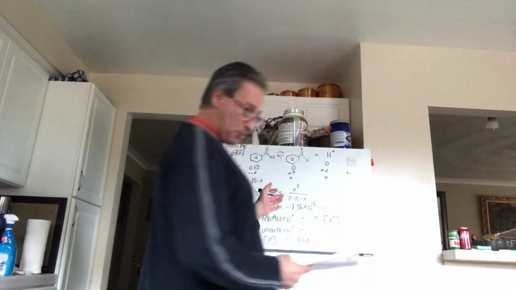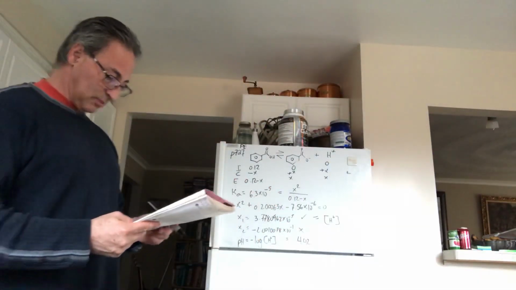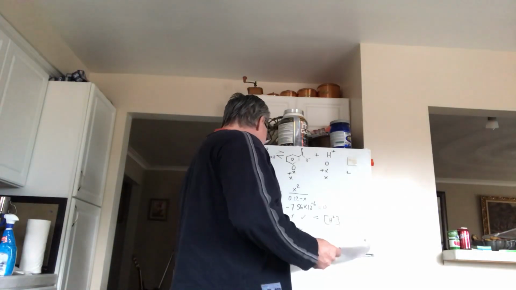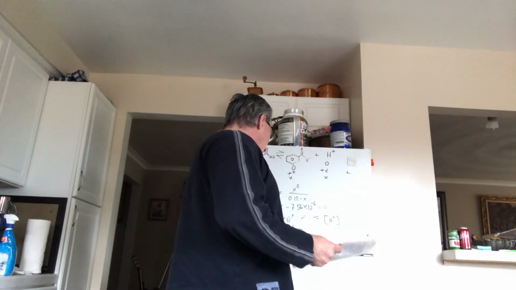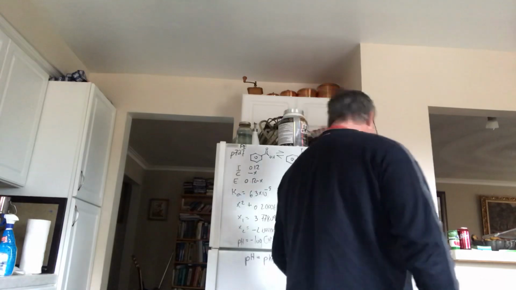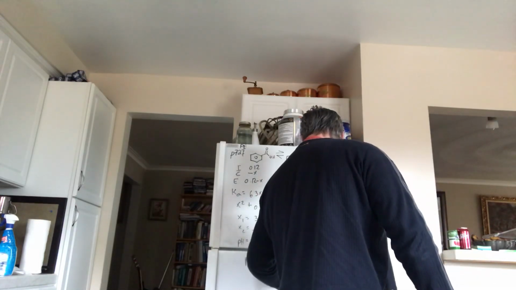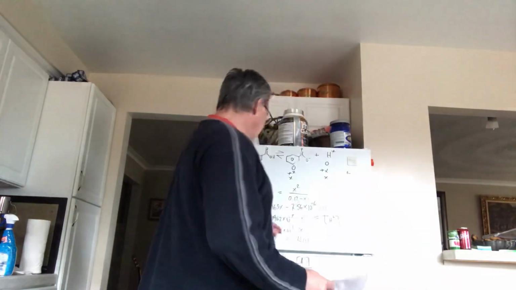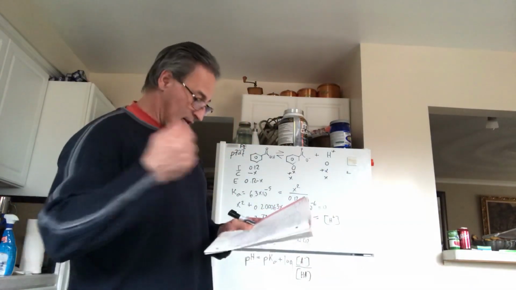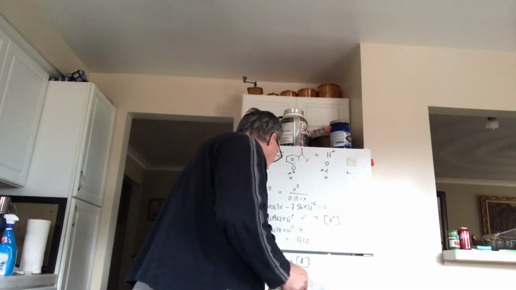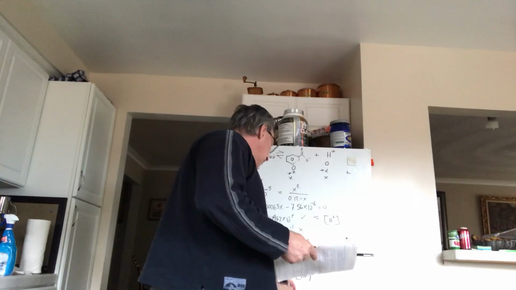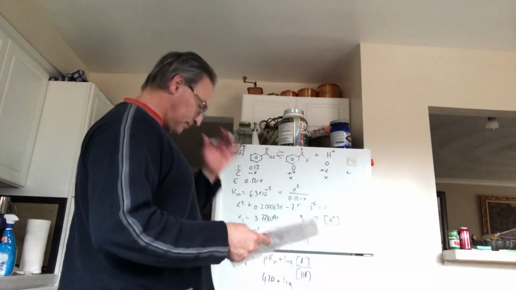Now let's solve the same problem using the Henderson-Hasselbalch equation. And you get pH equals pKa plus the log of the conjugate base concentration over the acid concentration. pKa, we looked it up. Well, we looked up the Ka. When you take the negative log of the Ka, you get the pKa, which is 4.2, plus the log of the concentration of the various